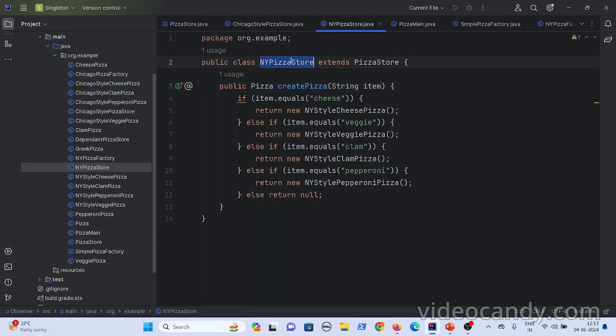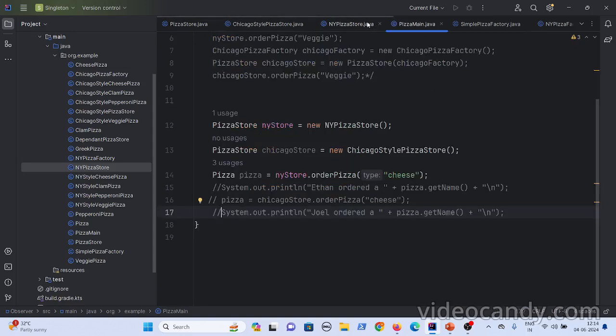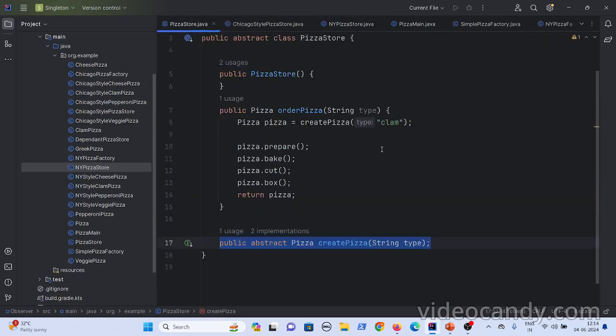You are creating an object for this, because you always create objects of the subclasses, not of the super types, right? Because you should program to an interface, not an implementation, but the objects actually get created for the implementations only. So you are creating the New York style pizza store, and then you are ordering the pizza, right? NY style pizza store dot orderPizza of cheese.